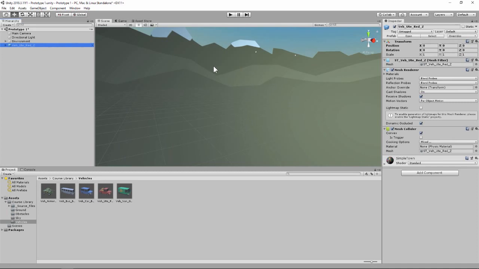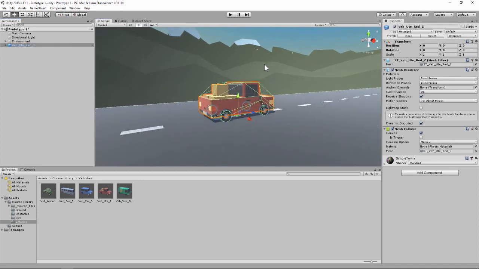With my mouse now hovering over our scene view, if I press the F key on our keyboard, this will actually focus or frame back in our object that we have selected in our hierarchy. So that's super helpful. Another thing that we can do if we just want to get a 360-degree view, if